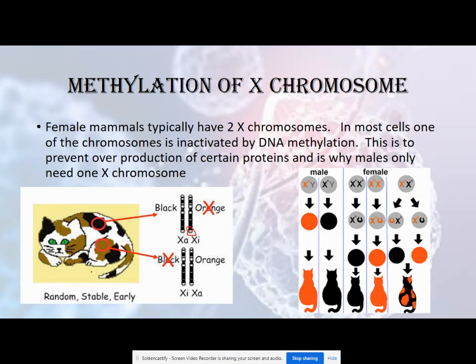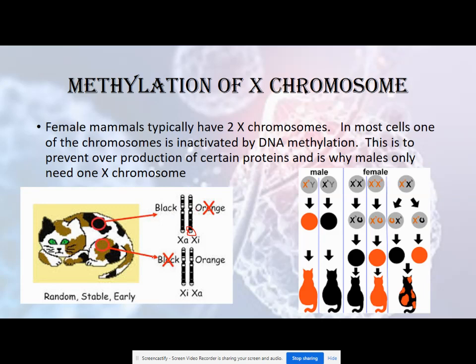So in certain types of cats, the color of black and this orangish color that we see in cats is actually on the X chromosome. If you're a male cat, you get one X chromosome. You either get black or orange, so you will have black male cats and orange male cats. But if you are a female who happens to get, say, a black one from mom and an orange one from dad, so a black female cat breeds with an orange male cat, the orange has to get passed on the X,